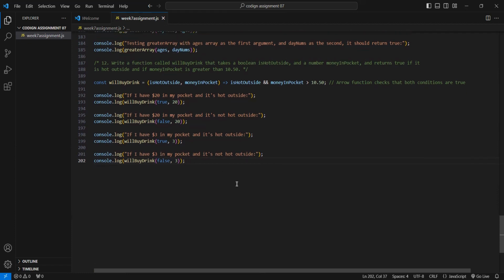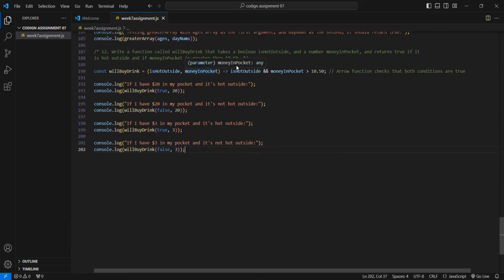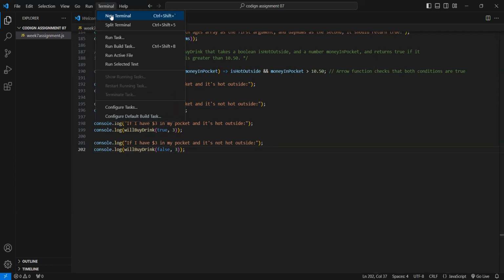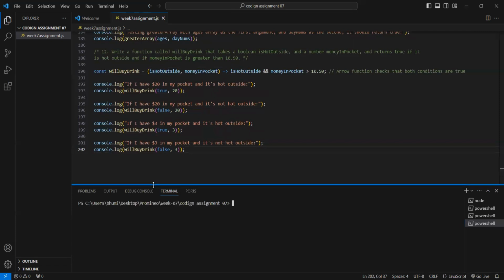And then the final function, will buy drink. Again, I did it in only one line. Here is the Boolean that's provided, and then the money in pocket. And I just simply did a comparison: is it hot outside and money in pocket greater than 1050? And then it'll return true or false. And then here are my tests. So I will do a new terminal,